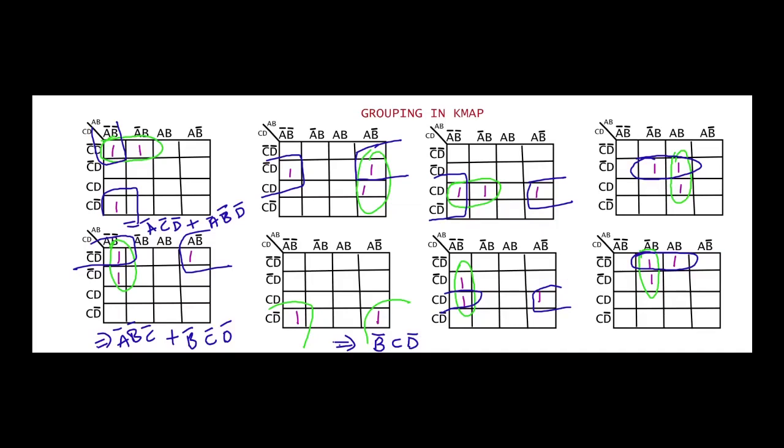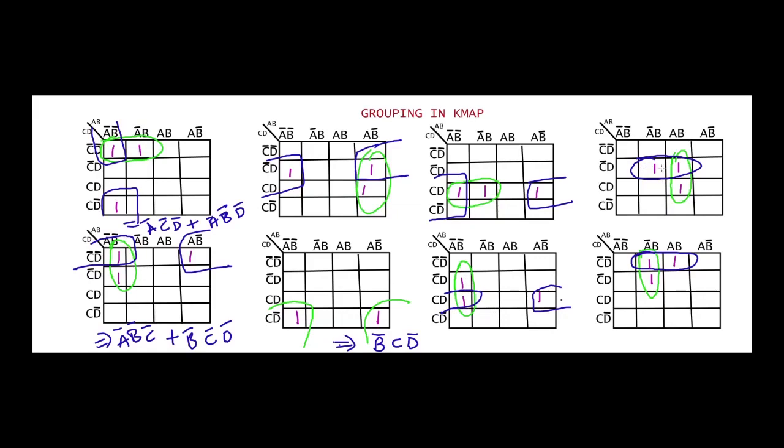Next, coming to other K-maps, you can just group them in this way. If you have 2 ones here and 1 one here, then both can be grouped, and also this can be grouped. See, if I don't take this one, I can also group only the single one over here. But if I group only the single one, the common terms will be A, B bar and C, D. So I'll get 4 literals in one minterm. But if I group this one, which was already repeated in the previous green color group, I can reduce 1 literal.